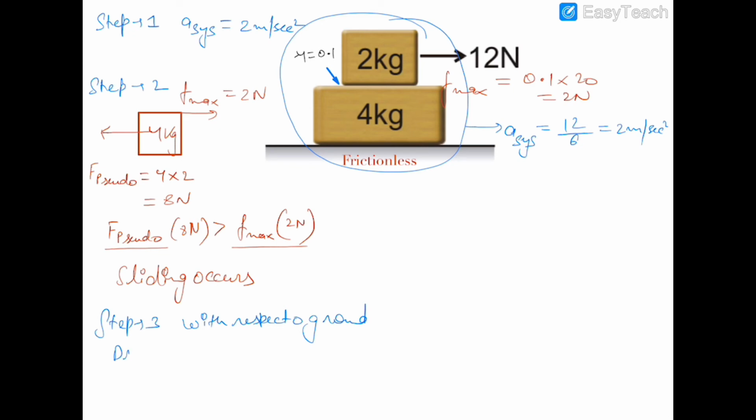draw the FBD of blocks and find out their accelerations. Now we also know that if this maximum friction is not sufficient to balance this pseudo force, then it would be acting to its maximum value, and therefore